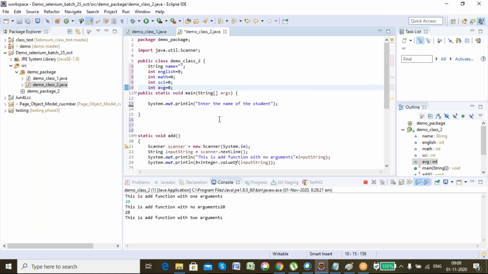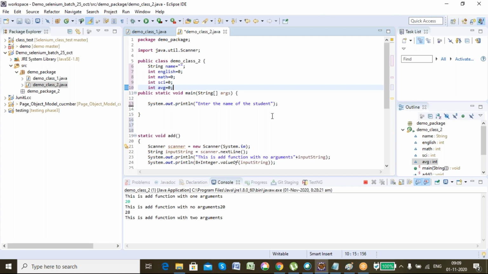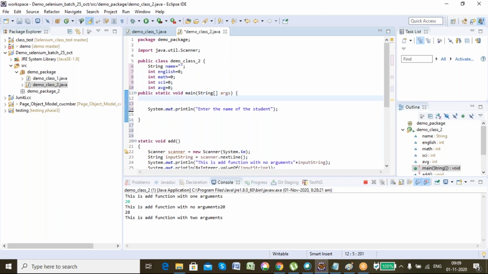Now see, let's say, for example, while running this particular program, I want to give the value of these data members dynamically from the keyboard. I want to enter it from the keyboard dynamically. So what I will do, I'll just use a simple syntax. That is, let's create an object first.